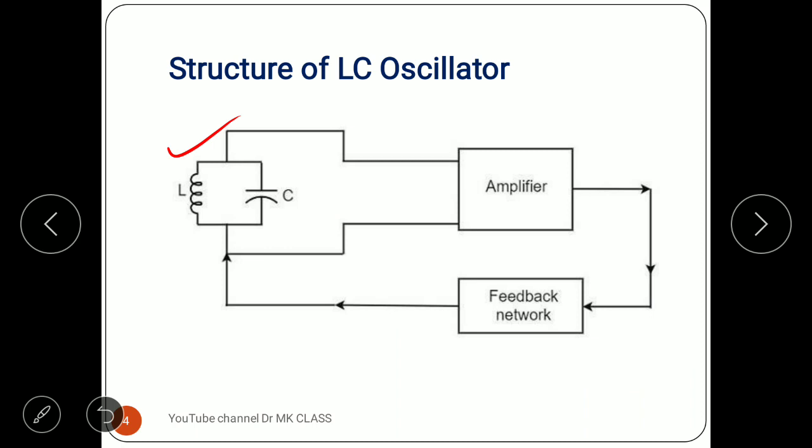We give that at the input of the amplifier. The amplifier will amplify it, and the output of the amplifier we will take using a feedback network, as we see in oscillators and feedback amplifiers. The gain of the feedback network is usually less than 1. That is, a portion of the output is taken and fed back to the LC oscillator. Then it will try to stabilize the amplitude. The tank circuit output will be stabilized.